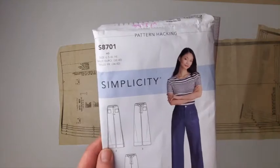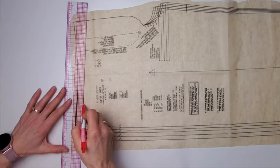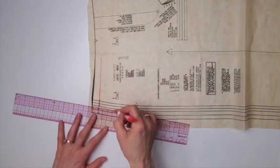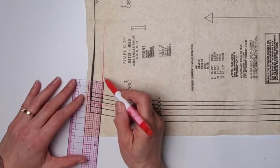So that's very easy to add. Let me show you how. I just want to trace off about where the seam allowance is going to be. Now I'm going to be cutting the size 14. You can just come in an inch, 2 inches. I'm going to do 1.5